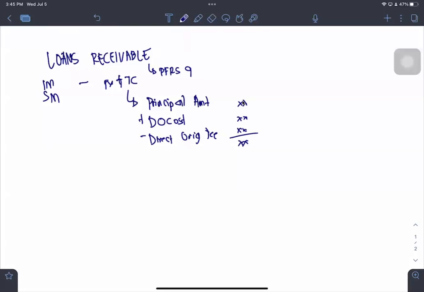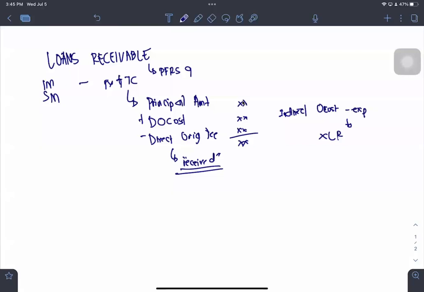Take note, whenever we have an indirect origination cost, it will be part of your expense and not considered part of your loans receivable. And direct origination fee is deducted because this is the amount received out of the charging